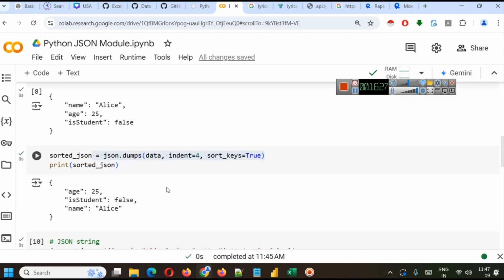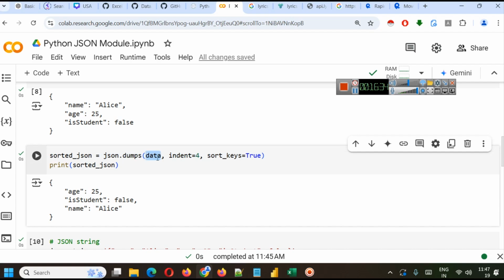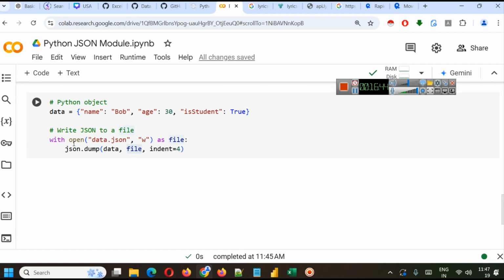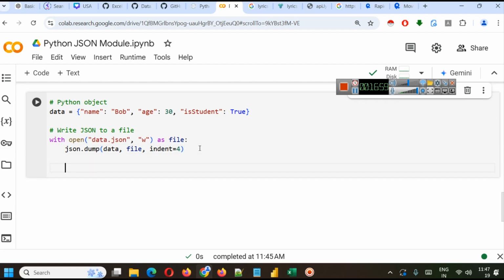Remember, in json.dumps, if we just have to dump data here itself, we can simply write data, because here we are putting data inside this particular JSON or this particular variable here. But here with open data.json w as file, this particular line will simply write your data into a file. Okay, and let's say we want to learn more about this open